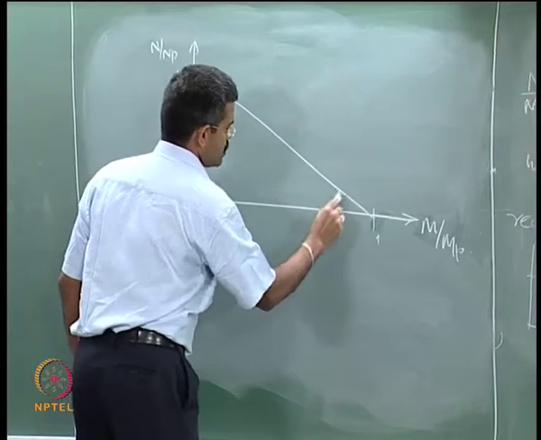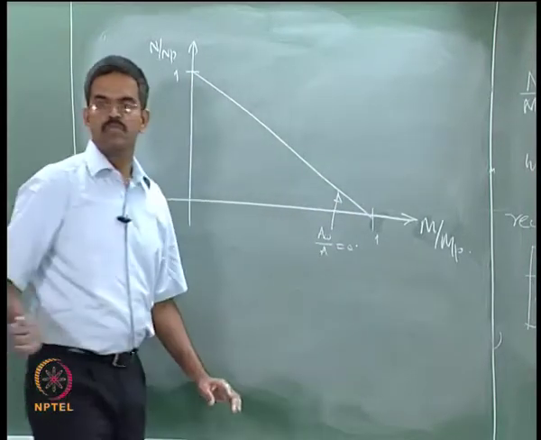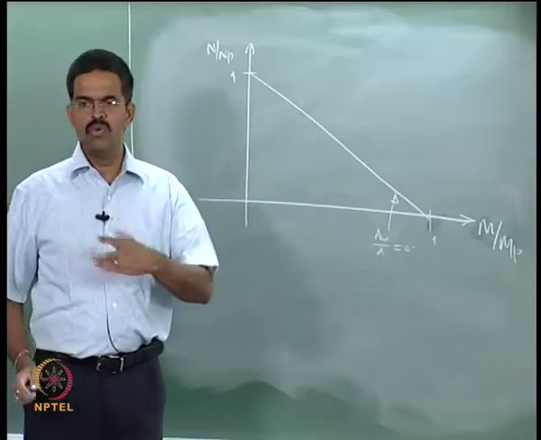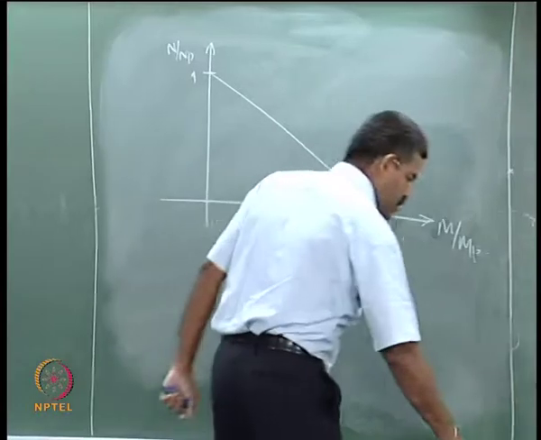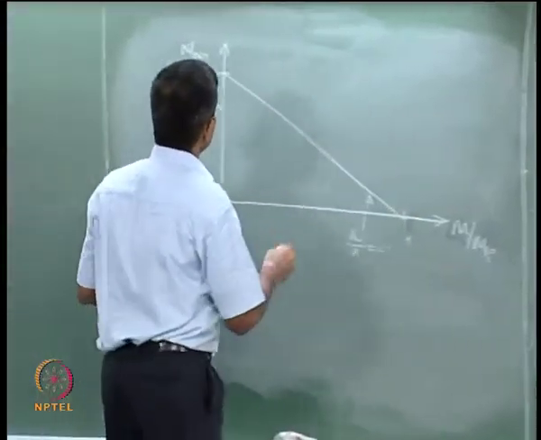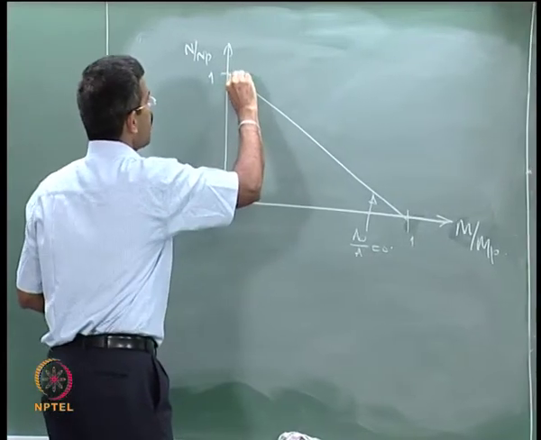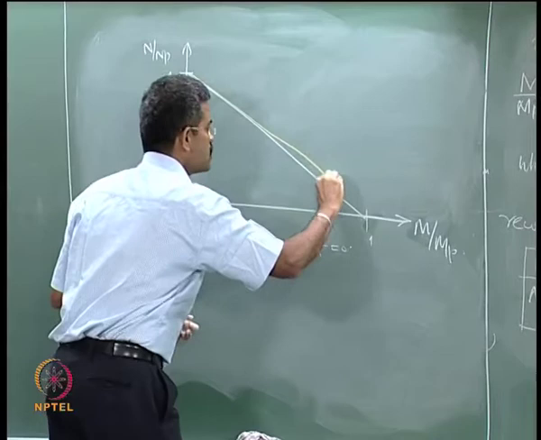I can call this AW by A equal to 0. For any other value the curve goes, I think I can do it in a different color, the curve goes parallel, then bulges out,